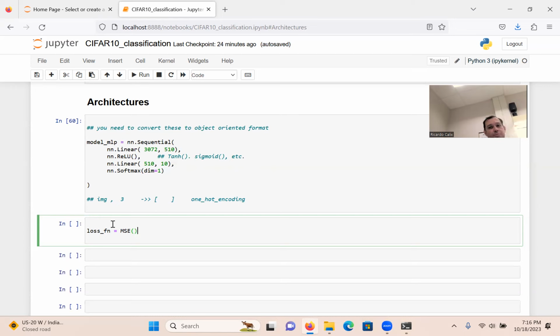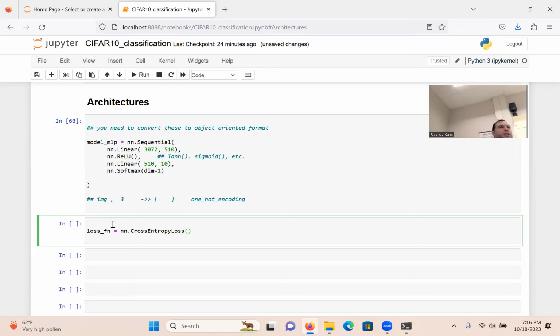For classification problems, there's a different loss function called cross entropy. We will do a description of these in slides at some point later. But whenever you do classification, use cross entropy. Okay? So the cross entropy loss,